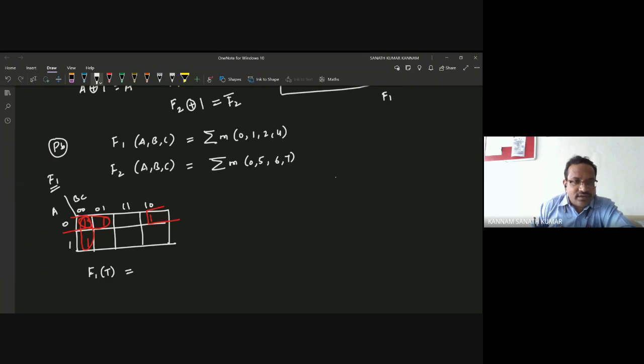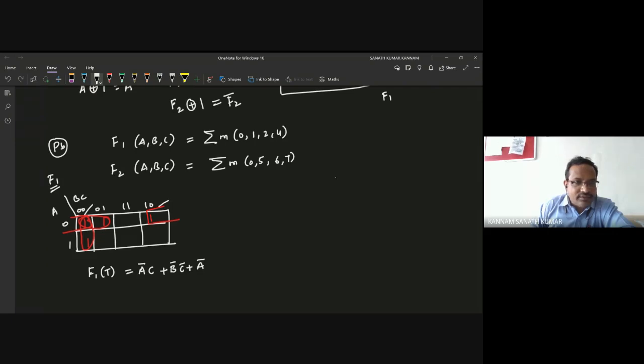If you see this pair, A bar C, and next this pair, B bar C bar, and this pair, A bar,